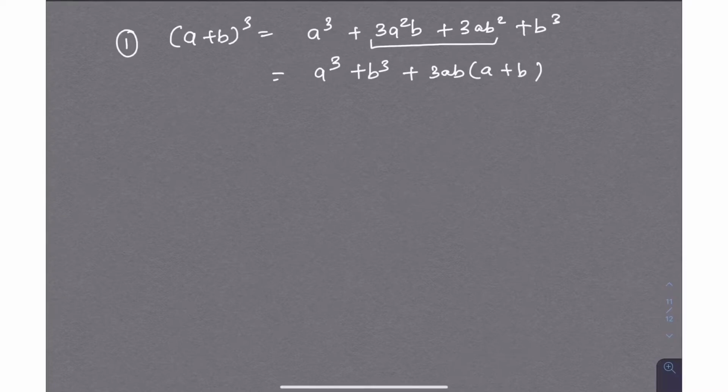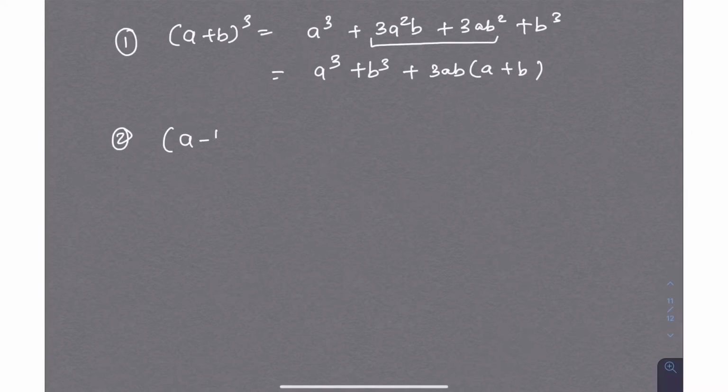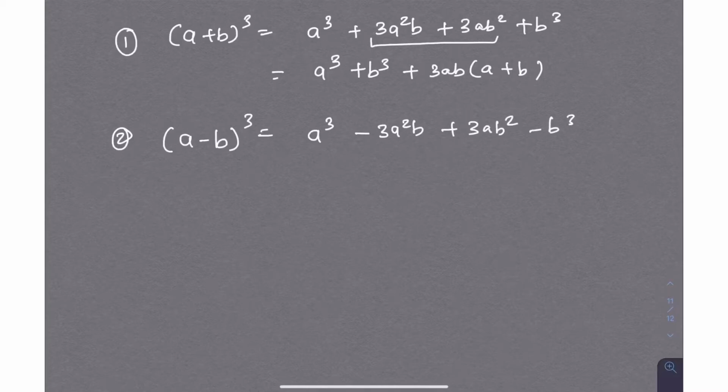So both the formulas are for a plus b the whole cube, now in terms of a minus b the whole cube. Since there are negative signs, we have to put plus and minus in an alternate fashion. The terms will be the same, but you have to write plus minus plus minus. Since our first term is positive, the second term will be negative: 3a square b plus 3a b square and then minus b cube. Again, you can rearrange the terms and write this as a cube minus b cube. Now from the first, second and third term, we'll take minus 3ab common, so that inside the bracket we'll get a minus b.